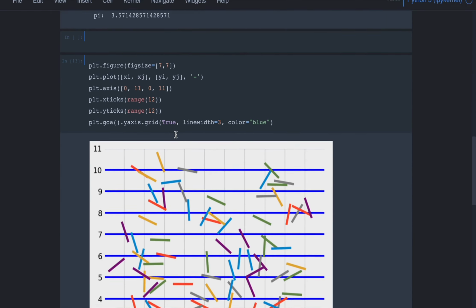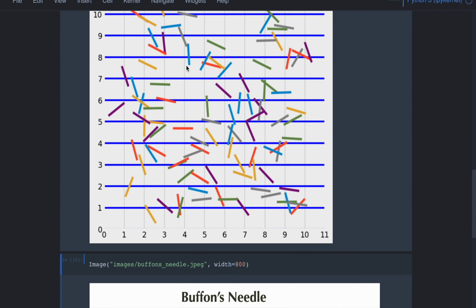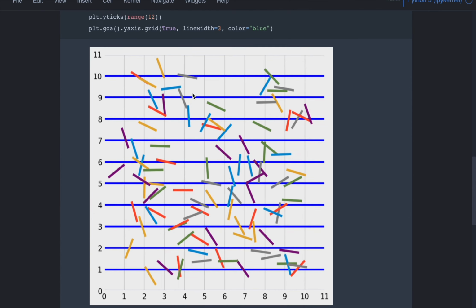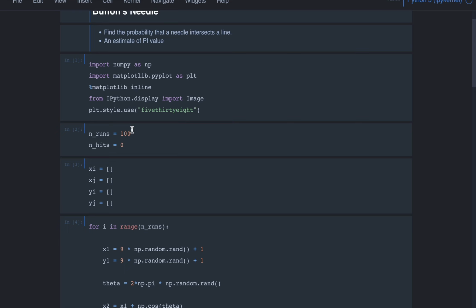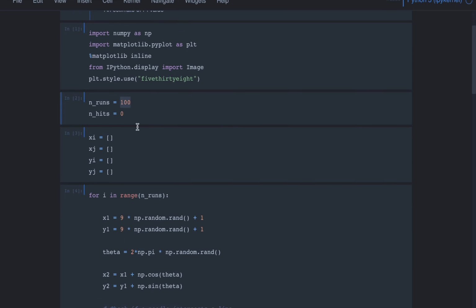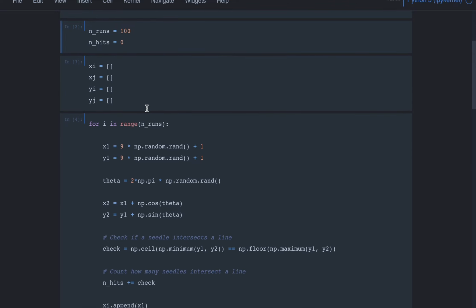All right. First we generate only 100 needles. This is for demonstration purposes, and as you know, this will not give the right probability, because if we generated, let's say 100,000 or a million needles, we wouldn't be able to see this image this clearly. So that's why I first ran this experiment with only 100 needles. And here we have the number of hits. To begin with, it is 0. Now we are going to generate